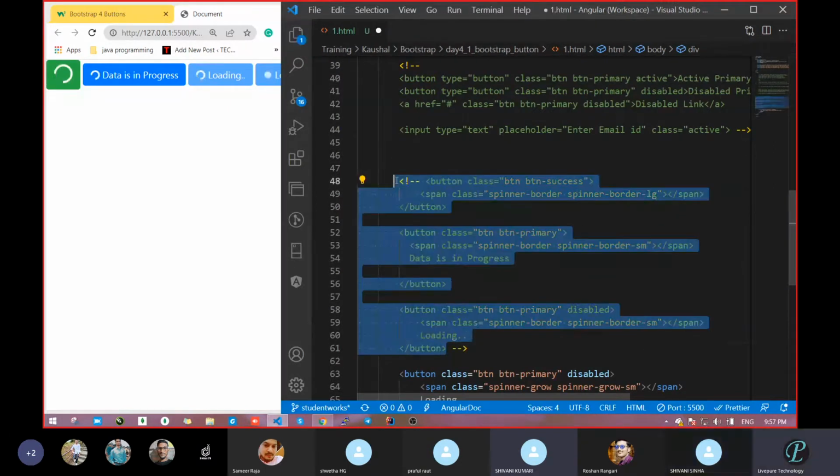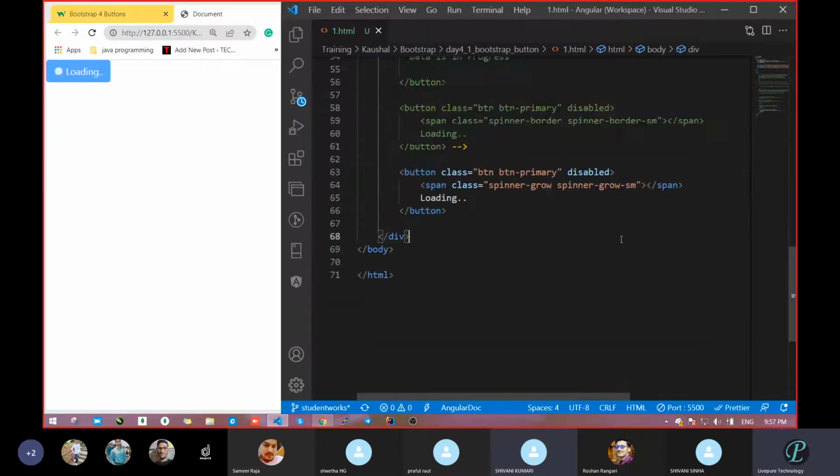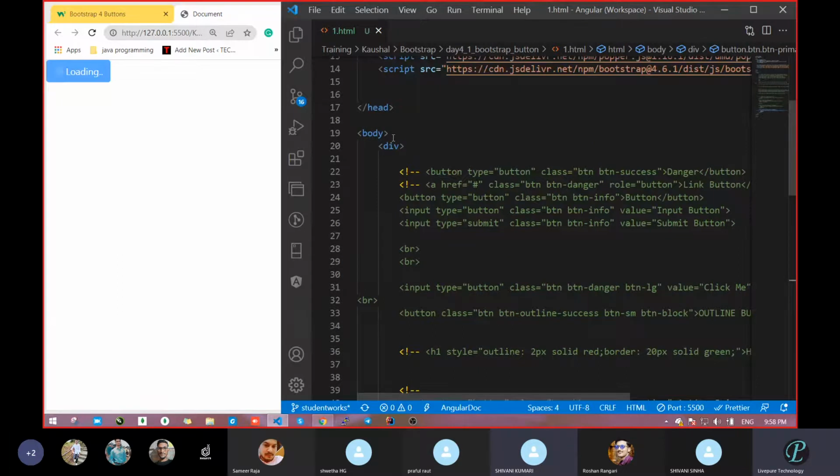Whenever you get something like a spinner, in that case you have to write spinner, meaning spinning. But when you get a situation like grow, meaning some data is coming, populating, in that case we do not take a spinner, we take this grow class, spinner-grow, and the class will be the same type, spinner-grow-sm. So let's just see and do this in the case of our body, what it will do.